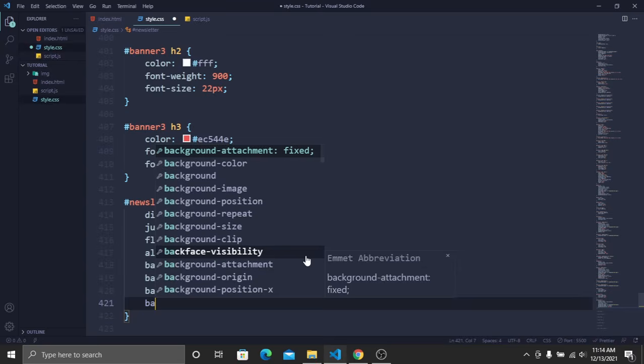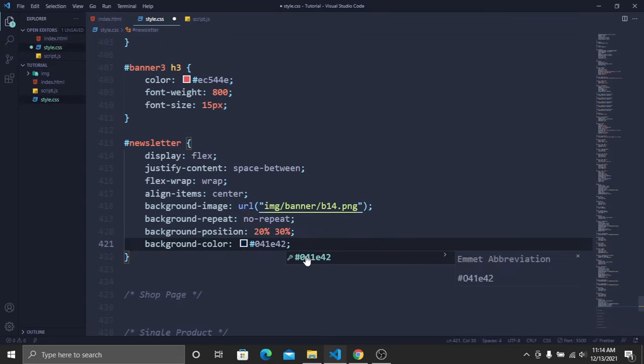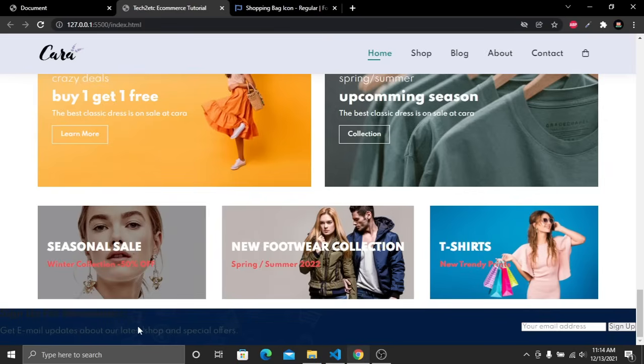And then I will add a background color, and the background color will be this one. That's it. Now save and go to our website, and here you can see that we have our different background image for this newsletter. After this I want to have some space inside this section,